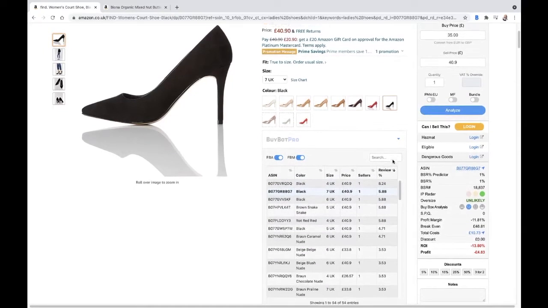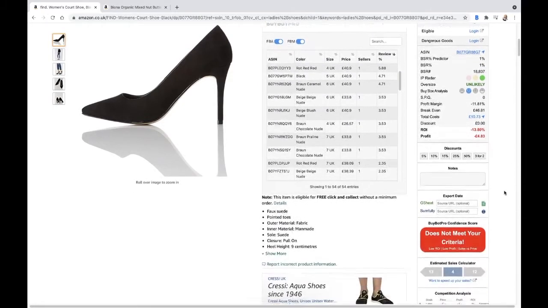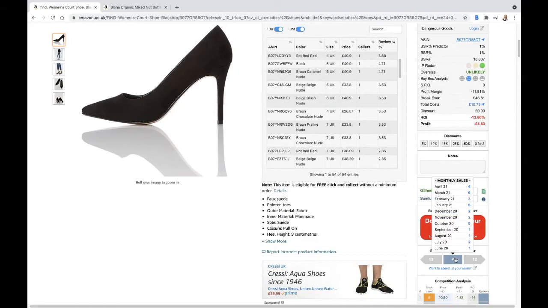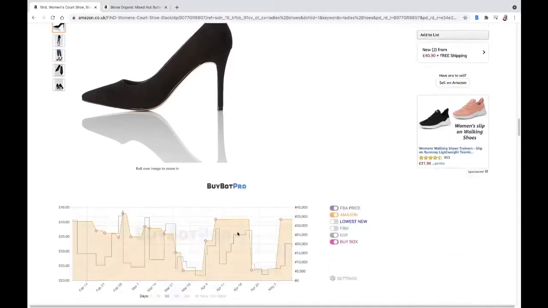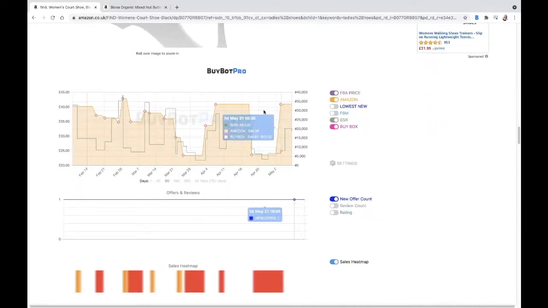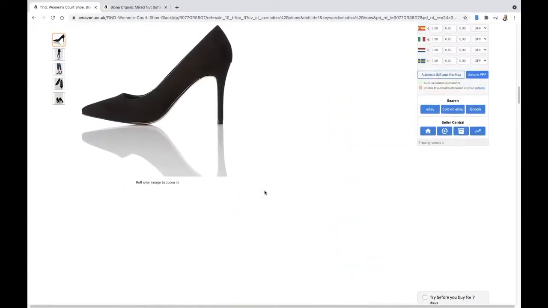Now let's have a look at the estimated sales for this product. It's got estimated sales of about 4, so it's a very slow selling product. If we come down a bit further, you'll be able to see that in the chart as well. So there's the BuyBotPro chart showing you the sales. Now, it's only selling 4.